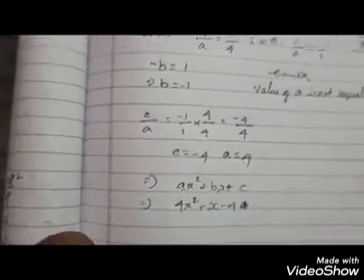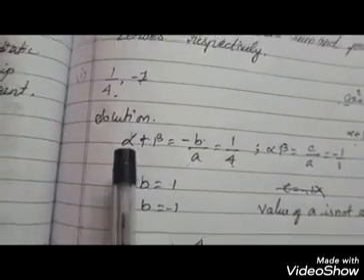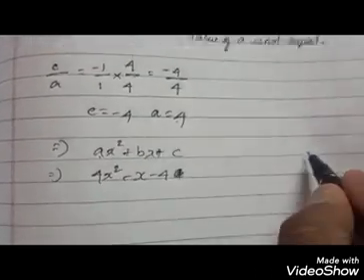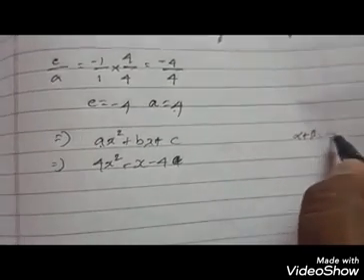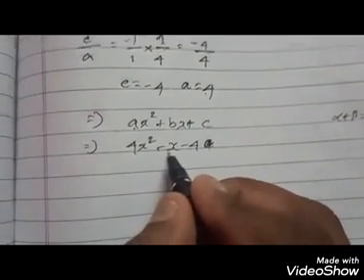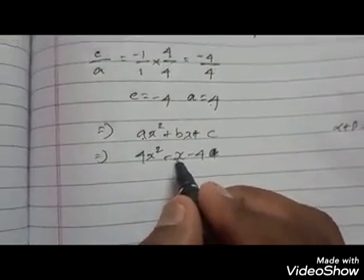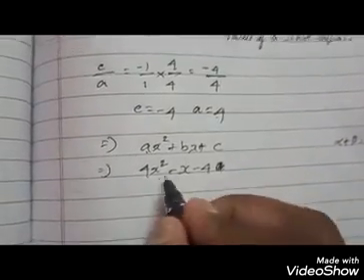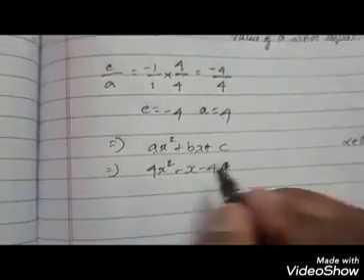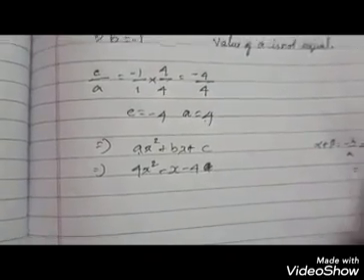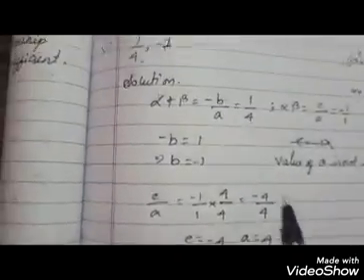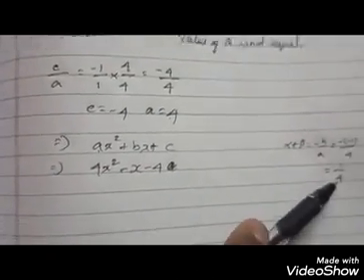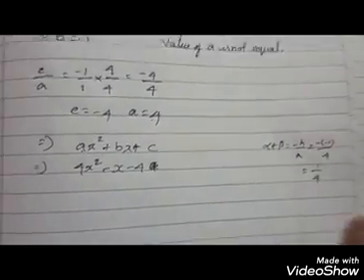Because of this, you just have to compare alpha plus beta and alpha beta. Alpha plus beta is equal to minus b by a. Here minus b in the sense it should be minus of minus 1, divided by a, the coefficient of x square, which is 4. So minus into minus is plus, 1 by 4. So you see, you got 1 by 4 as alpha plus beta. This is for your reference, this verification for your reference.